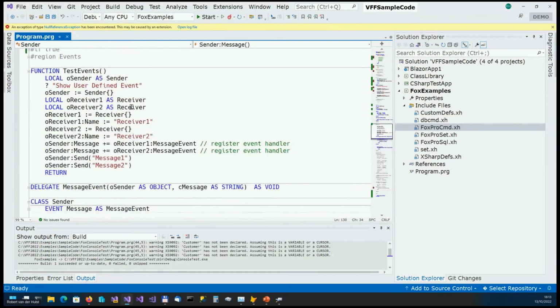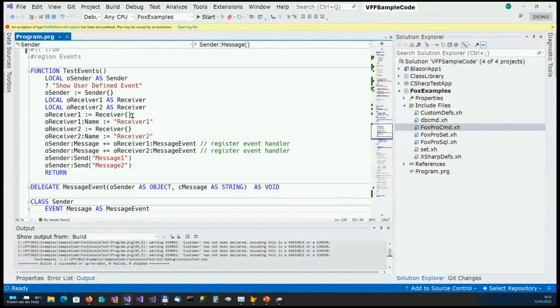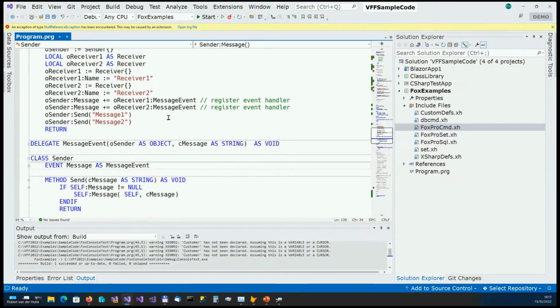Now, in my sample code, I'm creating a sender object and two receiver objects. These are independent. In receiver 1, I set the name to receiver 1, and in receiver 2, I set it to 2. Then I'm using this plus equals operator, and it's the same operator that you will see in C# code, to